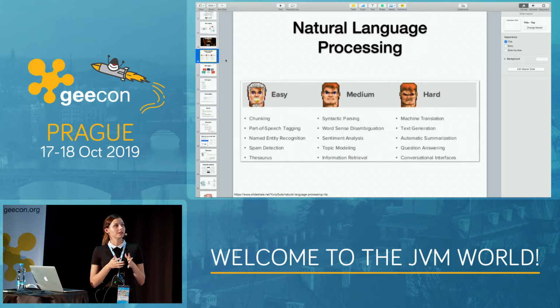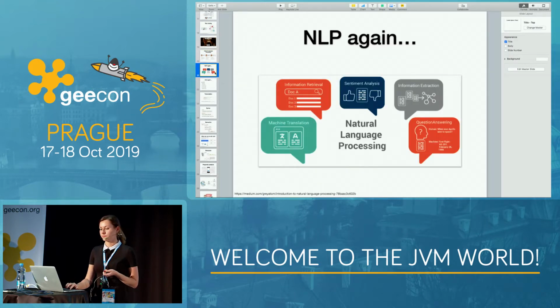And hard is what we should really focus on right now. It's text generation, machine translation, automatic summarization, question answering. So these are all the things that a really smart chatbot should know. And basically some of the algorithms currently are able to do something with that.